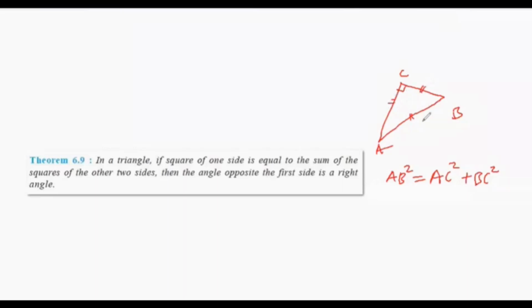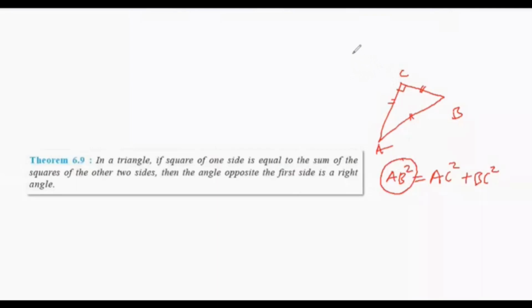And here, we don't say hypotenuse in the beginning, but for a side, if the square of that side is equal to the sum of the squares of the other two sides, then one angle will be 90 degrees. Which angle? The angle opposite to the first side. First side means the side taken alone, that is AB square in this picture. Okay, so that means AB will be the hypotenuse. That's just a reverse of Pythagoras theorem.